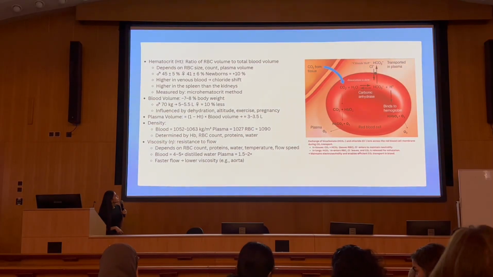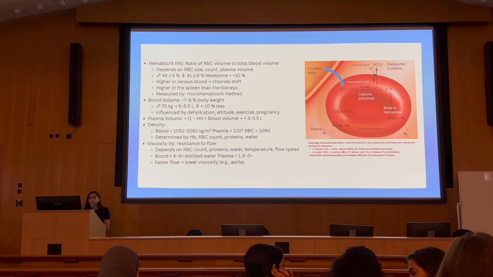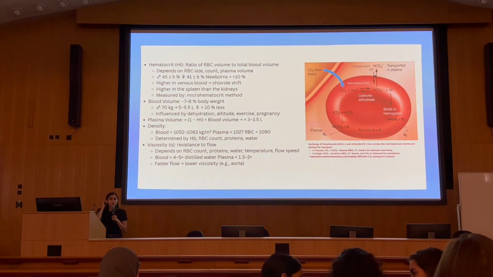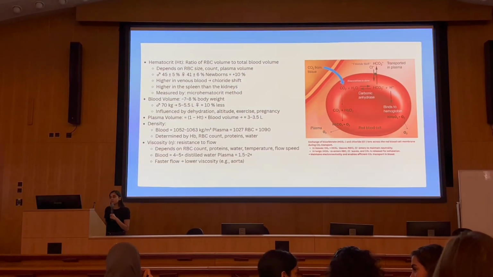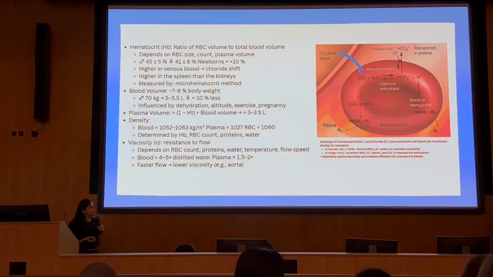Okay. So then we have hematocrit. Hematocrit is basically the ratio of RBC volume to total blood volume. So hematocrit depends upon size, count, and plasma volume. It depends on size because if